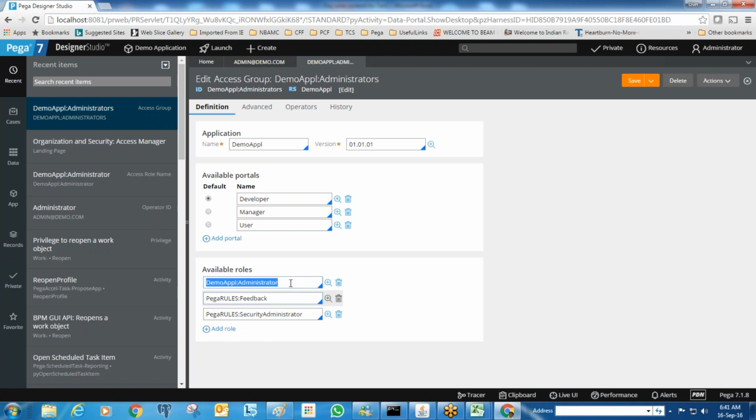That is very advanced right now. So this is a security topic. If you want to know security, you need to have full knowledge of Pega. Then you can discuss that. So at the end of the course, if it is required, we will discuss it. Otherwise, we will discuss this in the LSA course.